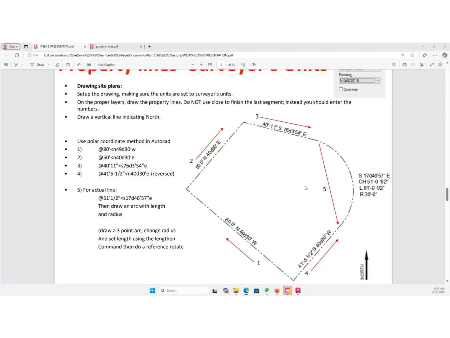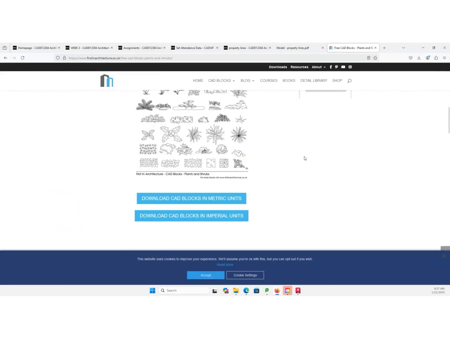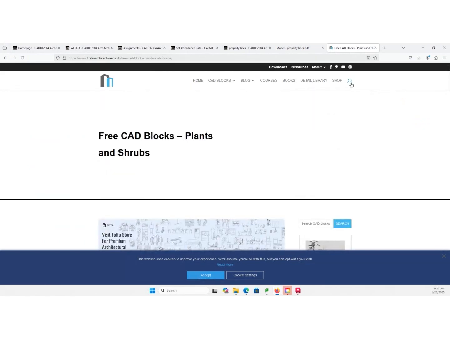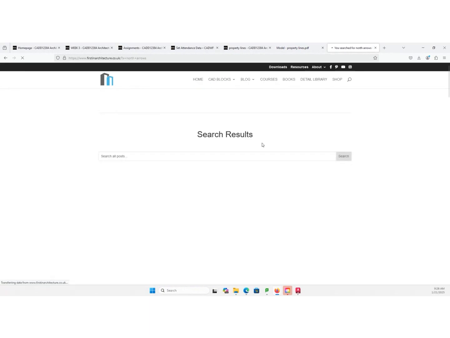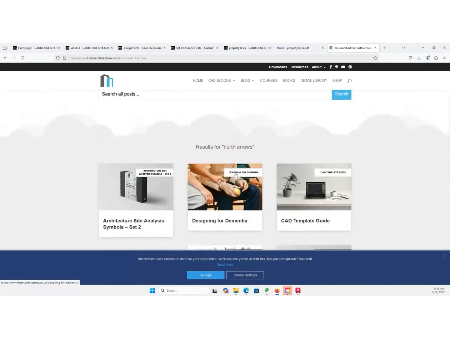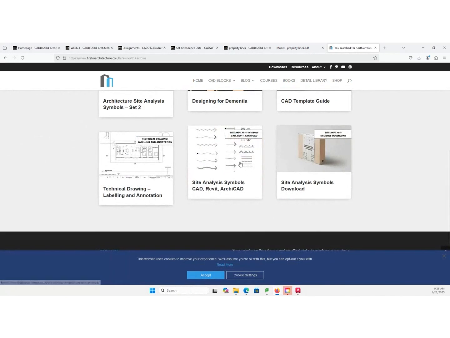Now you can go to your first in architecture, if you remember this, and look for north arrows. Do we have any north arrow? Nope. Yes, here, site.